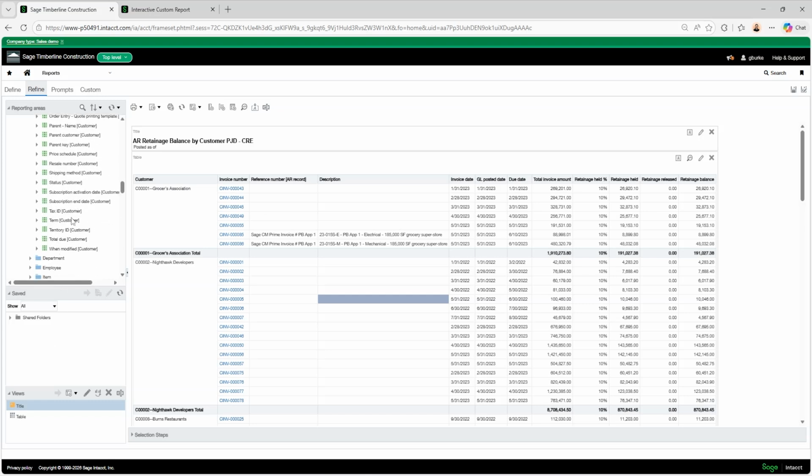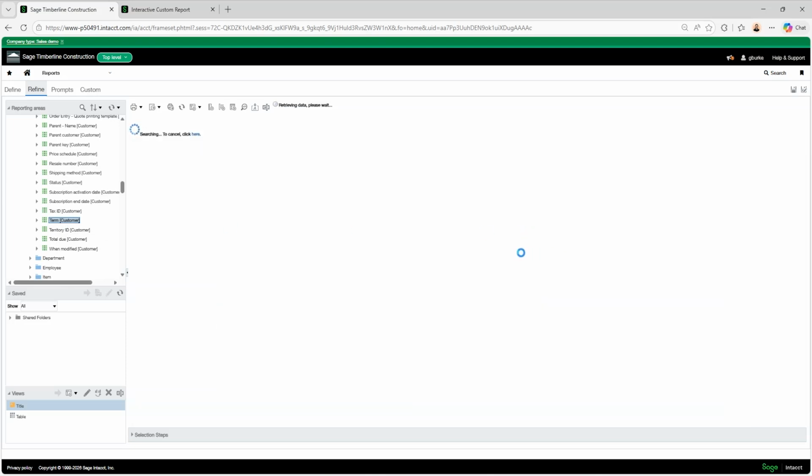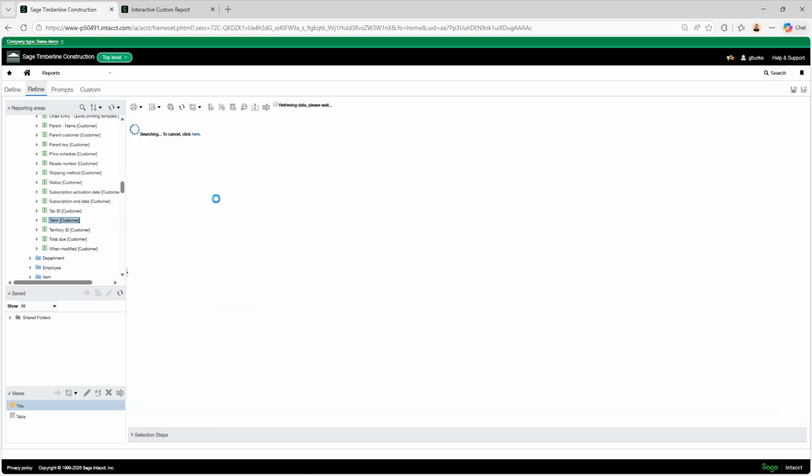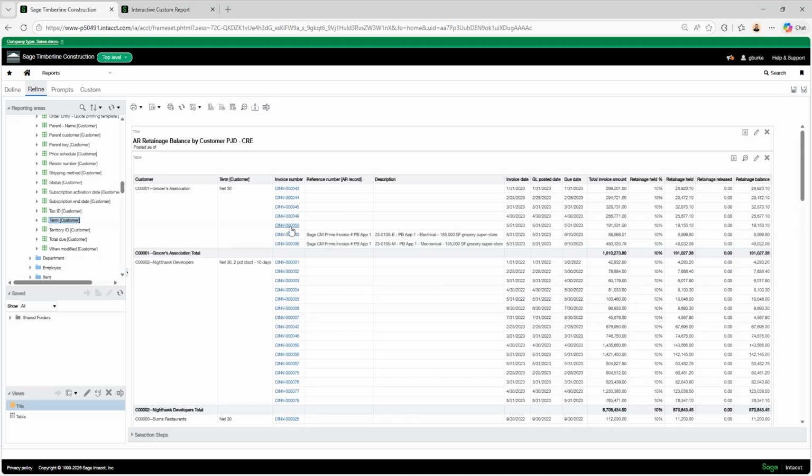Perhaps you want to add the term that the customer has to the report. Once again, we can drag it to where we want. And we can save again.